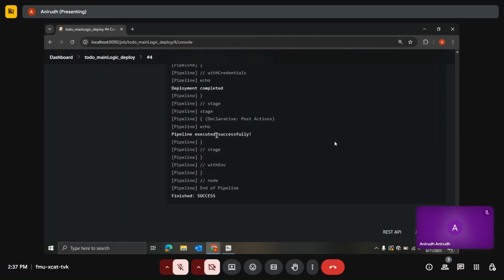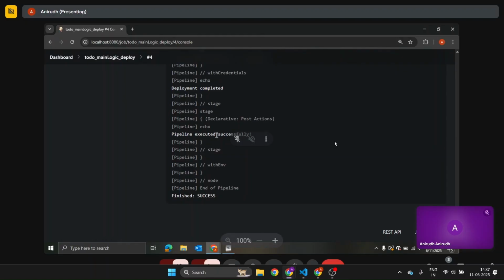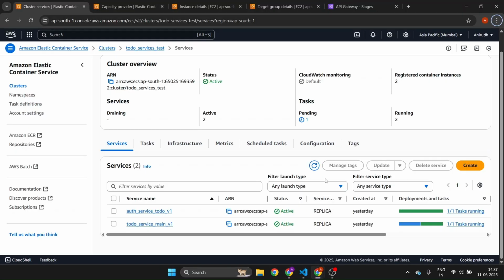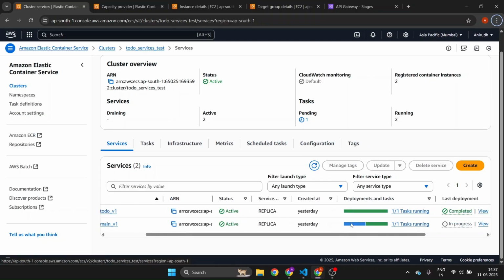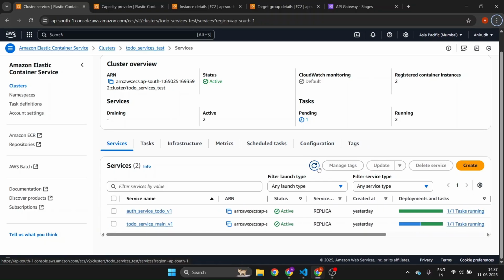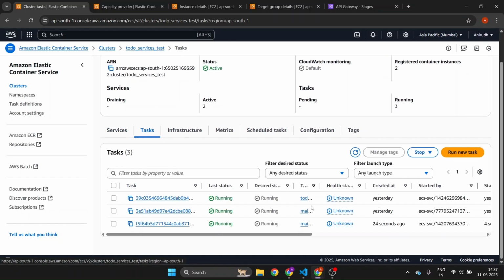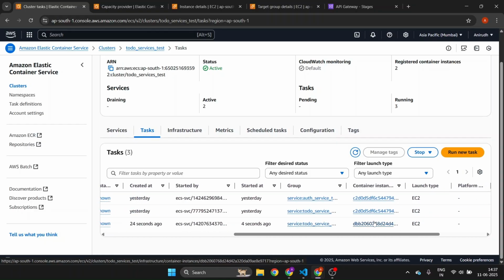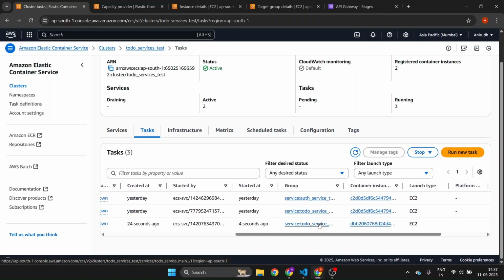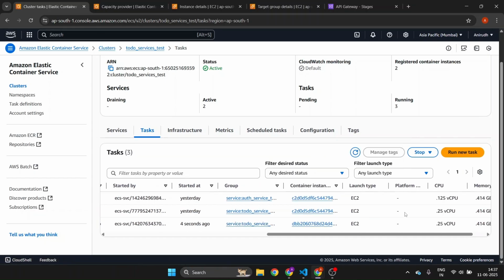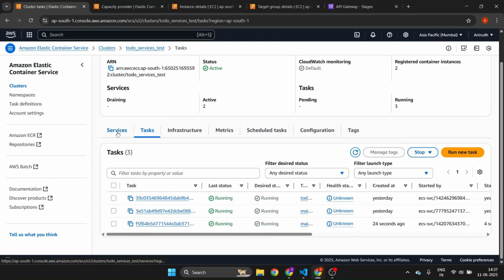What this code has done is create a service definition which is sent to AWS, and now AWS will be working on it to deploy it. If I come here, as you could see, we have one by one task running. Basically, this blue means there are some tasks pending here. If I go inside my task directory, you could see that a new task has started just 24 seconds ago. This one here. This has a new task definition. If I were to show it,